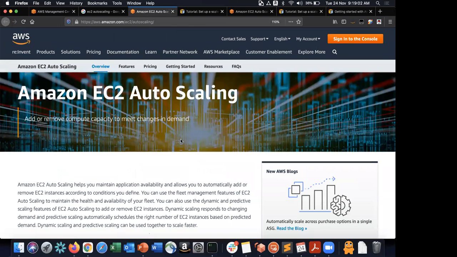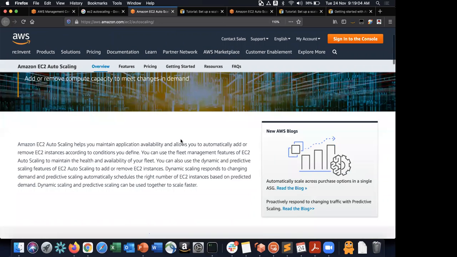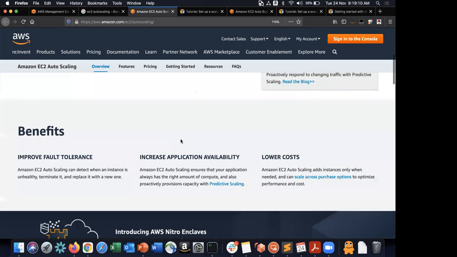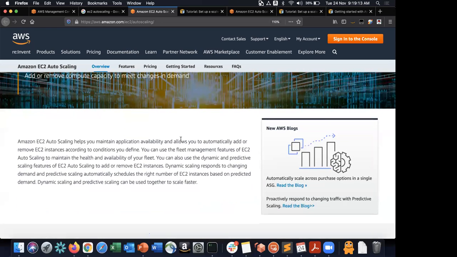Okay, so let's go to the product page of autoscaling, and let's go through a bit of content and then go into the lab. Amazon EC2 Autoscaling helps you maintain application availability and allows you to automatically add or remove EC2 instances according to the conditions you define, right? You can use the fleet management features of EC2 Autoscaling to maintain the health and availability of your entire fleet,